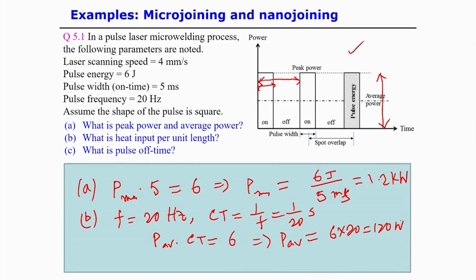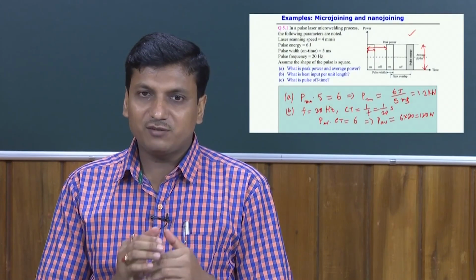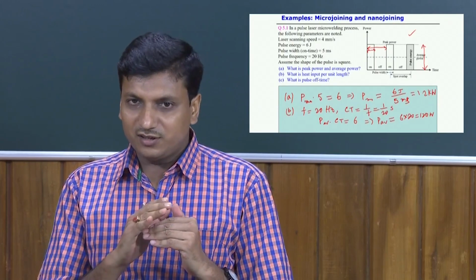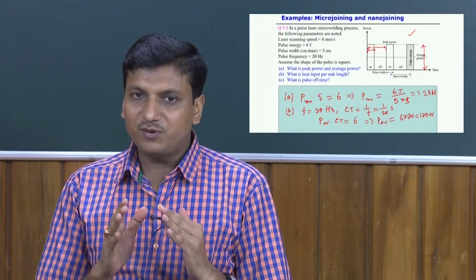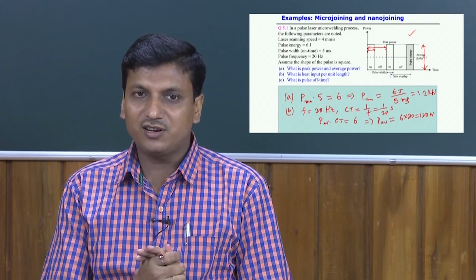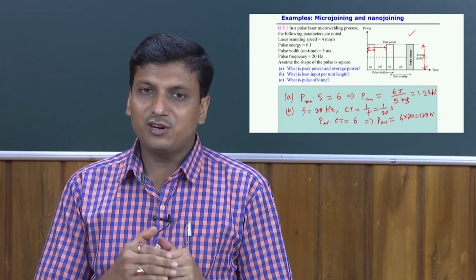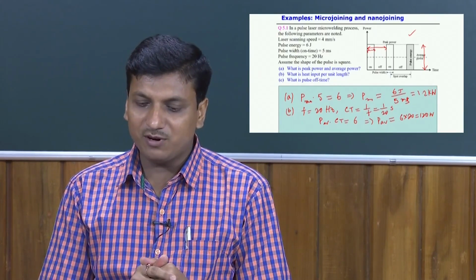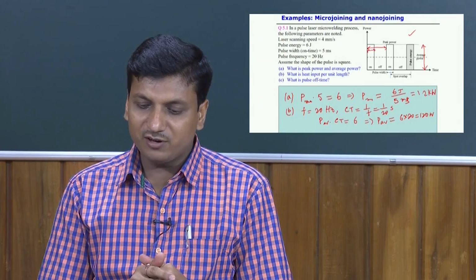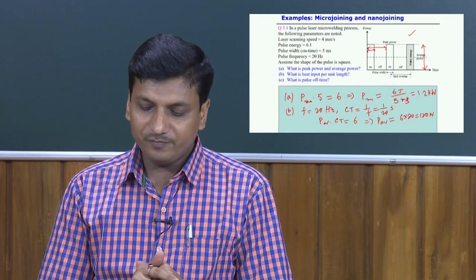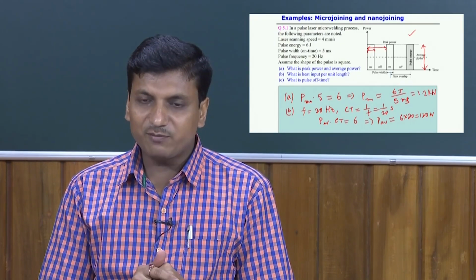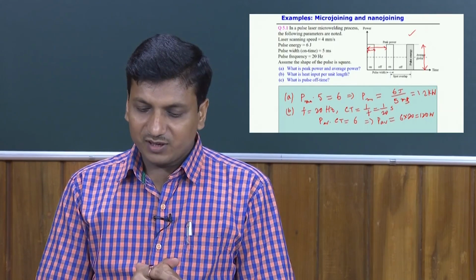So, 120 watt. Here, although the pulse energy is 6 joule, if we know the shape of the pulse, the pulse duration, and the pulse frequency, all these data are available. In this case, we can find out for this process the total maximum power, that is called the peak power. So, peak power you can find out is 1.2 kilowatt, and average power you can find out is